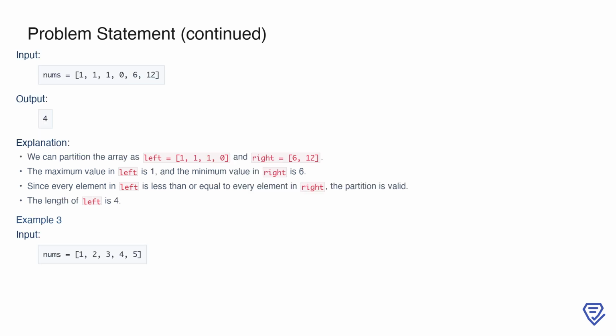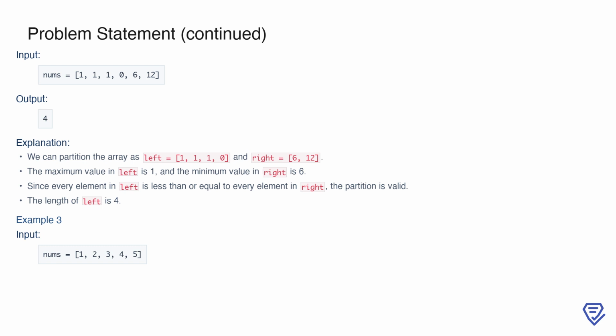Now, consider another example with the input array 1, 1, 1, 0, 6, 12. Here, the valid partition is left equals 1, 1, 1, 0, and right equals 6, 12. The maximum value in left is 1, and the minimum value in right is 6. Again, all elements in left are less than or equal to all elements in right, so this partition is valid. The length of left in this case is 4, which is the final output. This example demonstrates that the partition may include multiple elements from the beginning of the array to ensure that all